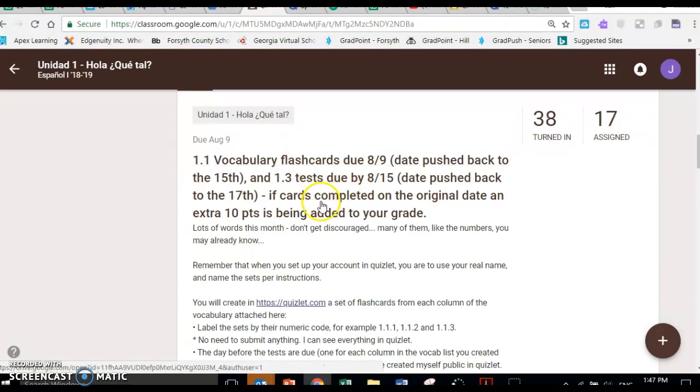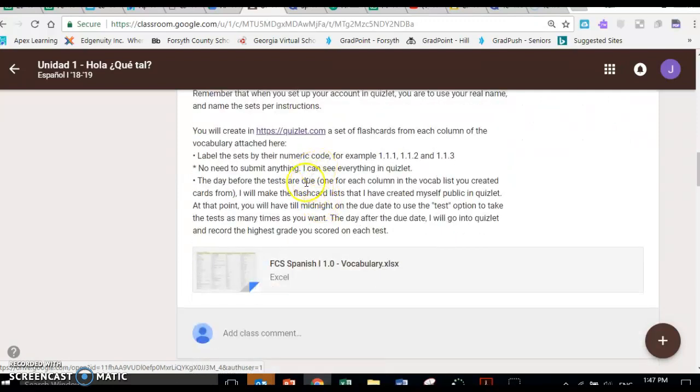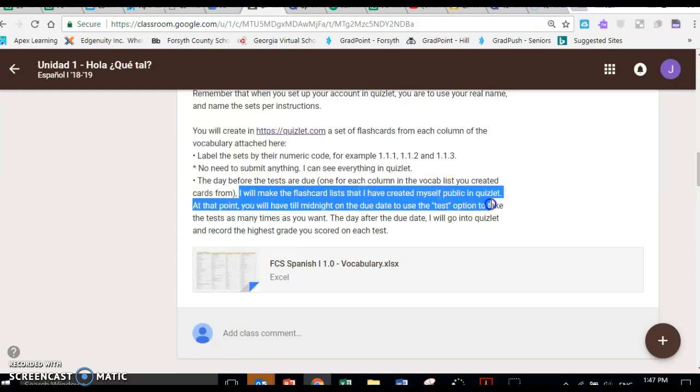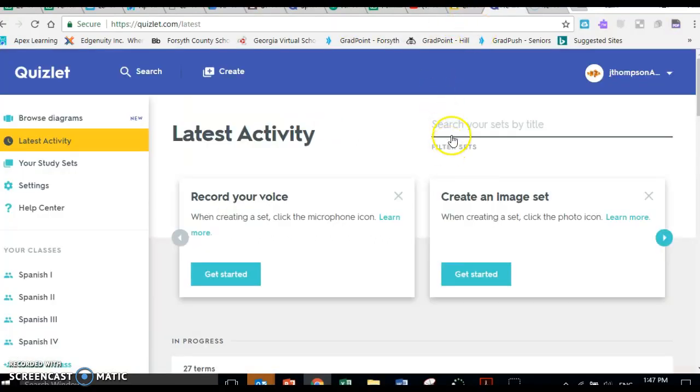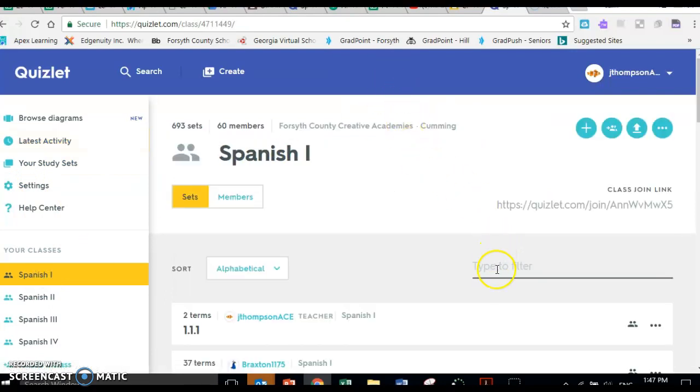So notice that I explain in the instructions that I will make the flashcard lists that I have created public. What did I say? The day before the tests are due. I may change that because I think I'm going to start trying to do it 2 or 3 days before. But these are the ones you're going to take the test over. So I've already created sets. And what you'll do when you're in your class is over here where it says type to filter. When you're ready to take the test,